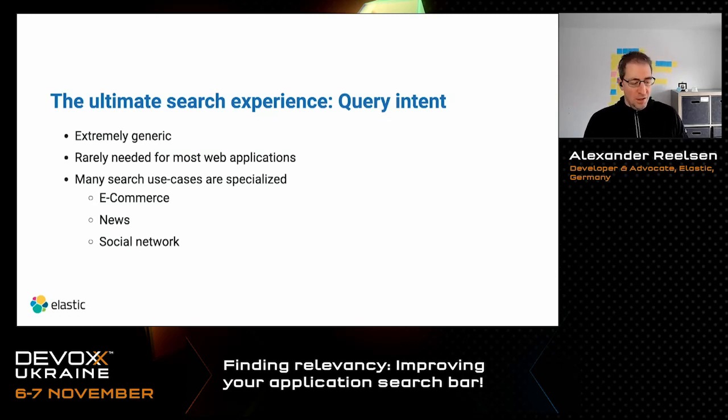News is kind of specialized. Most people who are searching on the web for news are mostly searching for recent articles, unless there's a date specified, like with the stock crash example. But recency has a huge role in news search engines, because you usually want to show the most recent events rather than something from 50 years back, unless someone is explicitly searching for that. And the same applies for social network search. This is what my demo is basically showing that I brought with me, where we are searching for contacts, and there's a couple of rules, and we try to infer the set of rules of how LinkedIn is working.